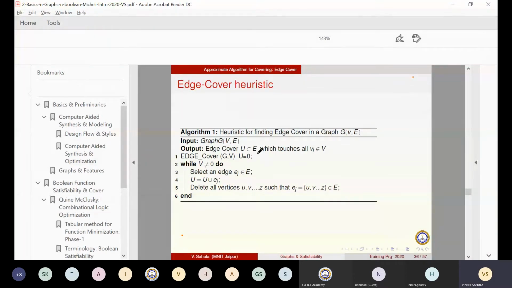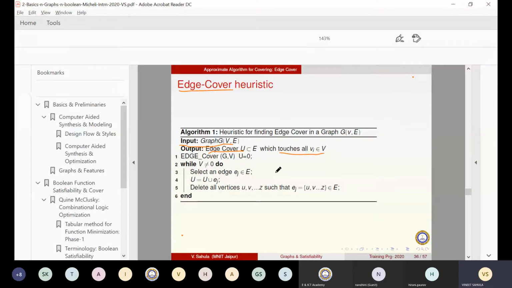So if I read that, there is an input to the algorithm. The input is a graph. And what is the graph? The matrix A with each row as a vertex and each column as a hyperedge. What is the output? You find the minimum set of edges such that all vertices are touched. By definition of graph, it is called an edge cover. Edge cover means a subset of edges in a graph such that they touch all the vertices. Is it okay?